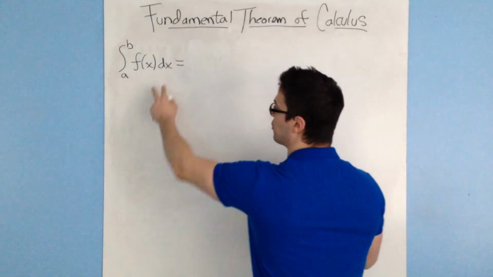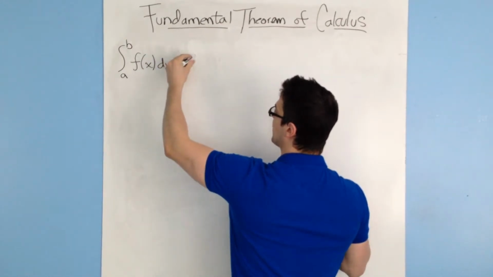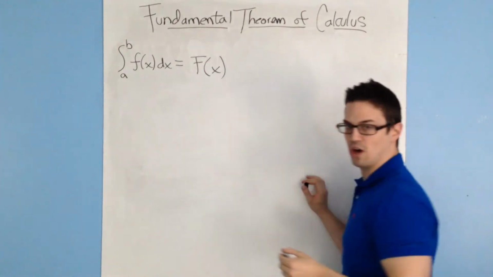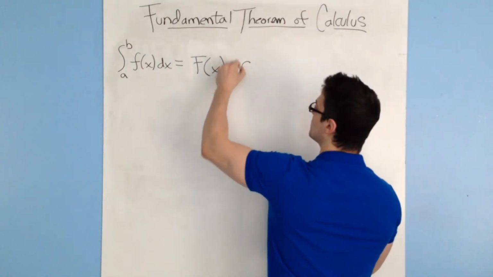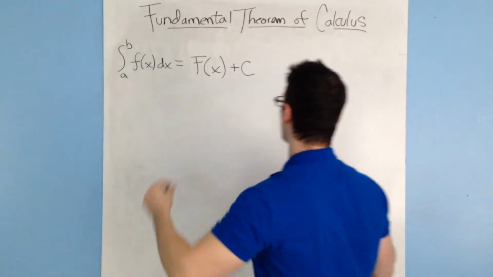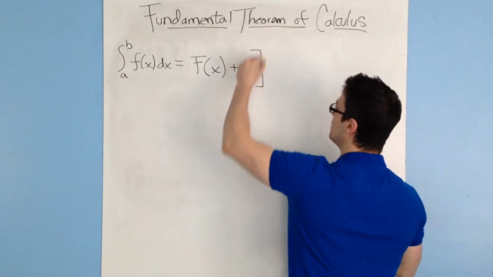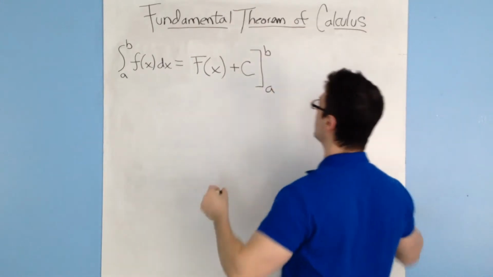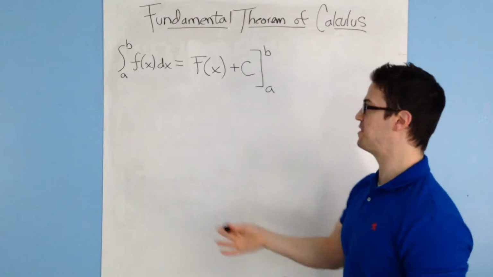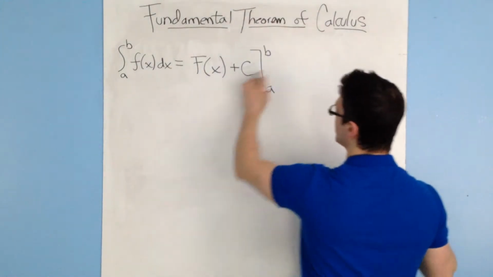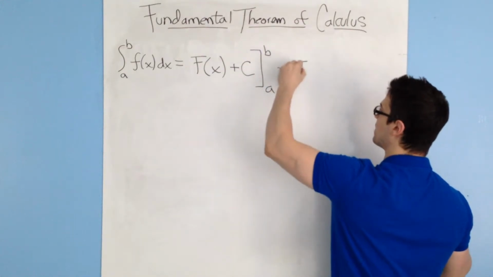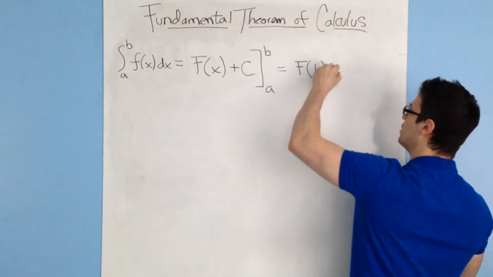Alright, so the first thing you're going to want to do when you see problems like this, you would find the antiderivative of f of x, so I'm just going to put capital F of x like so, plus c. Okay, but since there's endpoints from a to b here, we are going to put a little line here to represent what inputs we're going to put into this function before we find the difference. So what we're going to do first is we're going to input the b here because it's the furthest endpoint, and you'll end up with capital F of b plus c,